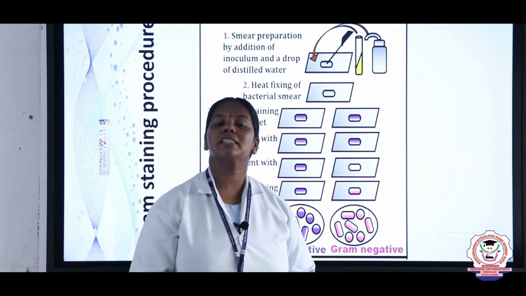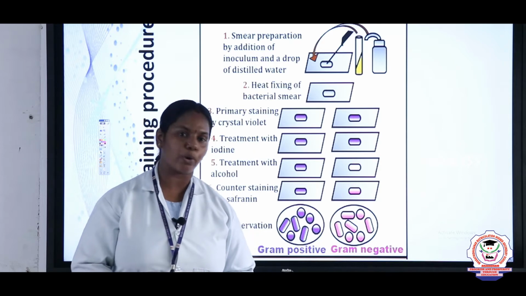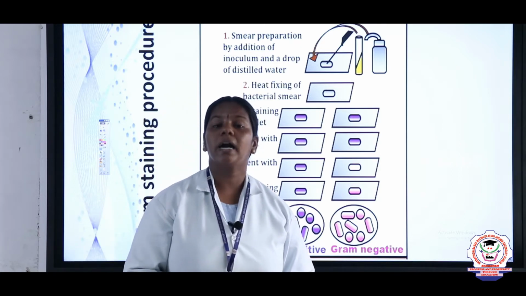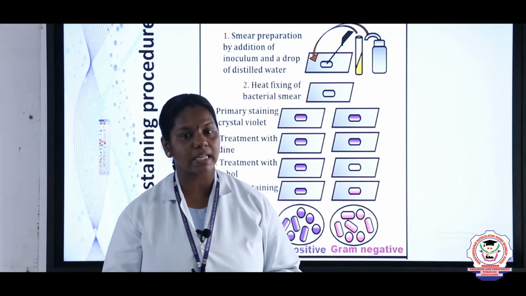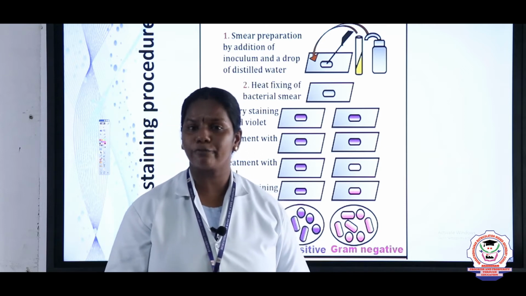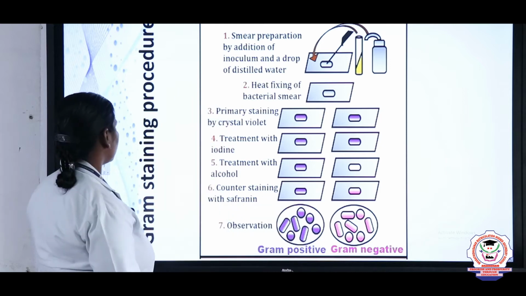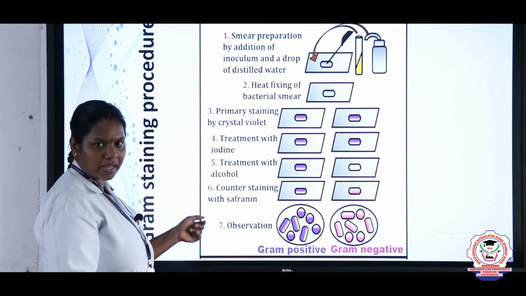Children, today we are seeing 11th standard first lesson, living world in botany, and we are discussing bacteria. In this session we are going to discuss the two types of bacteria, that is gram positive and gram negative, and their life processes. What is gram positive and gram negative? Let us see. The gram staining procedure is an important question, children, 5 marks.